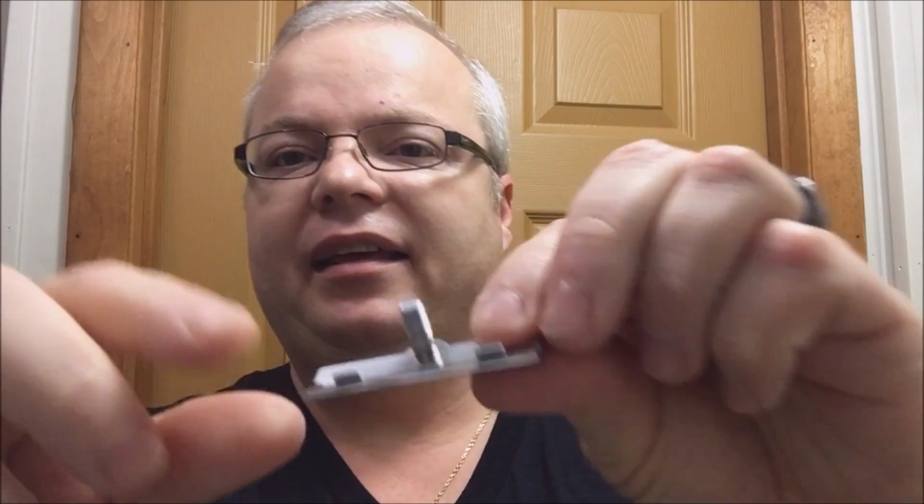Now that could happen with any razor, don't get me wrong, but since the posts on this one aren't wide enough, it's more pronounced. So you have to make sure you have aligned it properly and tightened it down. Otherwise you could have a problem. Now I don't know if this was the flaw in the razor because I can't see visually any cosmetic issues, but this,